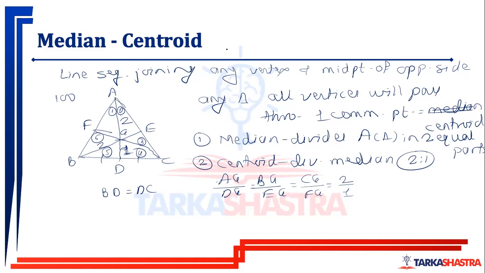If you want to find out the length of the median, there was one scientific mathematician known as Apollonius. जो भाई साहब ने आपका ज्योमेट्री थोड़ा और क्रिटिकल करने के लिए उसमें और एक फॉर्मूला डाल दिया. Using the Apollonius theorem you can find out the length of the median, and this theorem is AB square plus AC square equals 2 in bracket AD square plus BD square.